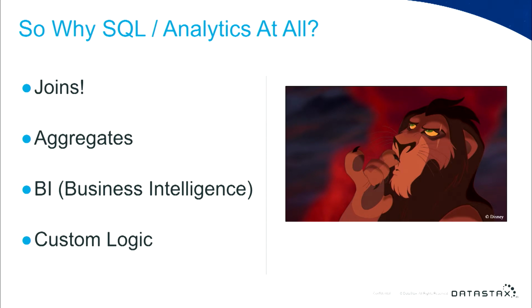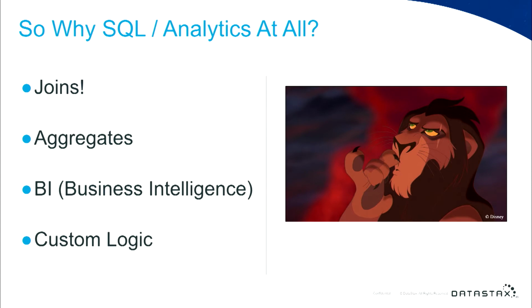Basically, once we have attached Spark to our Cassandra data, we can start doing joins, although of course not at the same latency and response that we would expect from a normal Cassandra request. In addition, we can start doing all sorts of aggregates, other sorts of things where we look over all of the data in the database at once, which might require actually doing processing on several different machines because the data set is so large. And in addition, we might have business intelligence tools.